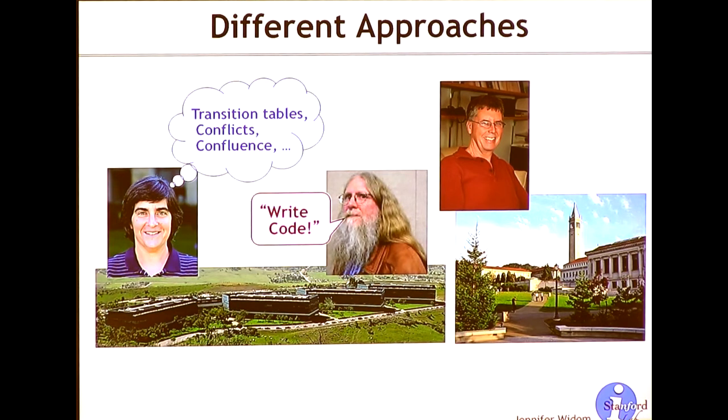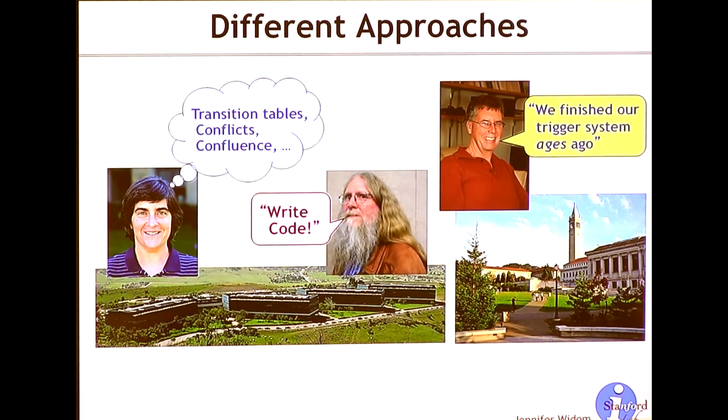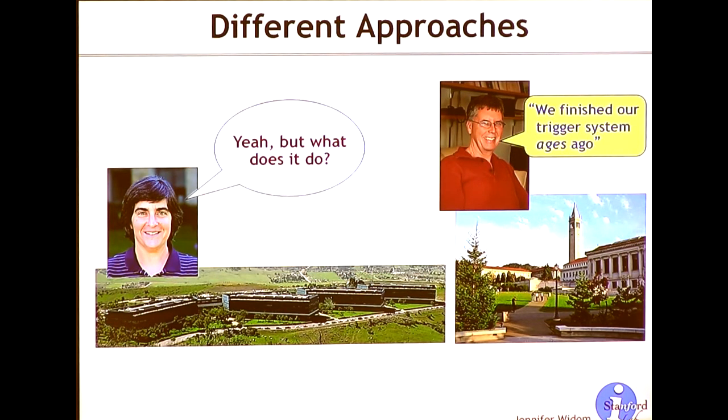Then across the bay at Berkeley was Michael Stonebraker. And Michael Stonebraker had a competing project at the time. So we were working on Starburst, he was working on Postgres, and he was putting triggers into Postgres. And he announces, while I'm there thinking about all these things, that they had finished their trigger system ages ago. Okay, so I said to him, what does it do? Or actually, more specifically, I said to him, here is an example of 3 triggers in a starting state. What's going to happen in your system when you do that? And his answer was, I need to run it to find out what it'll do. Okay. So that, I would say, was another magic moment.